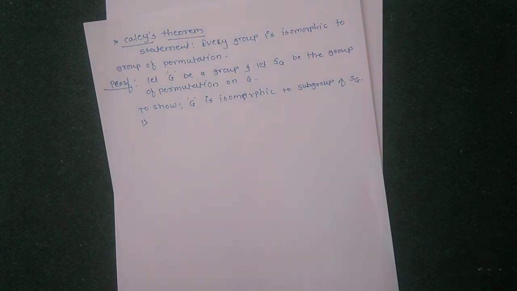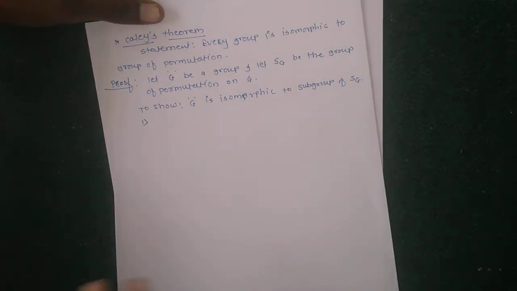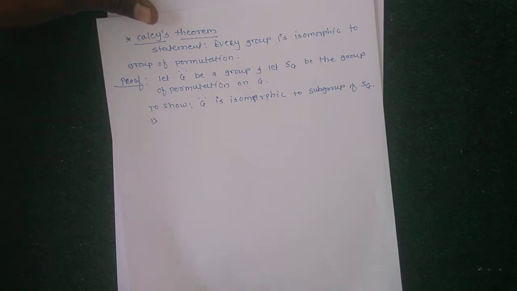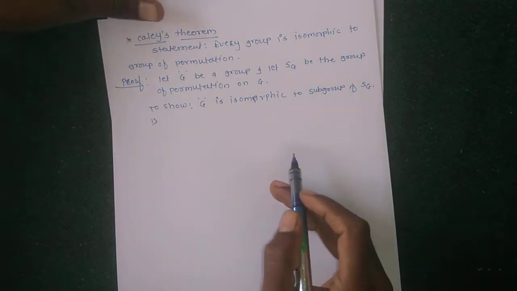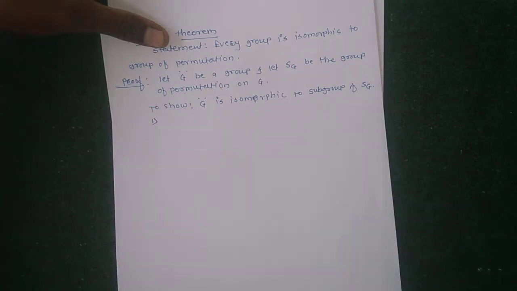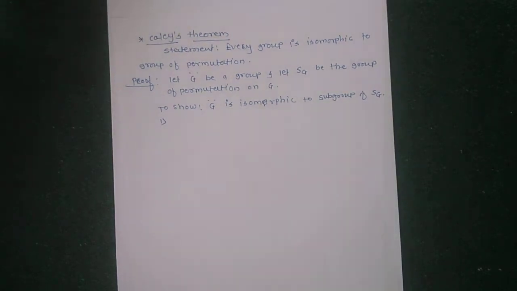Firstly, how do we prove it? We define a map from G to G, and we show whether this map is a permutation on G or not. Suppose lambda_x is a map from G to G, defined by lambda_x(g) = xg. We show whether this is a permutation on G. Permutation means it is one-one and onto, that is, bijective.